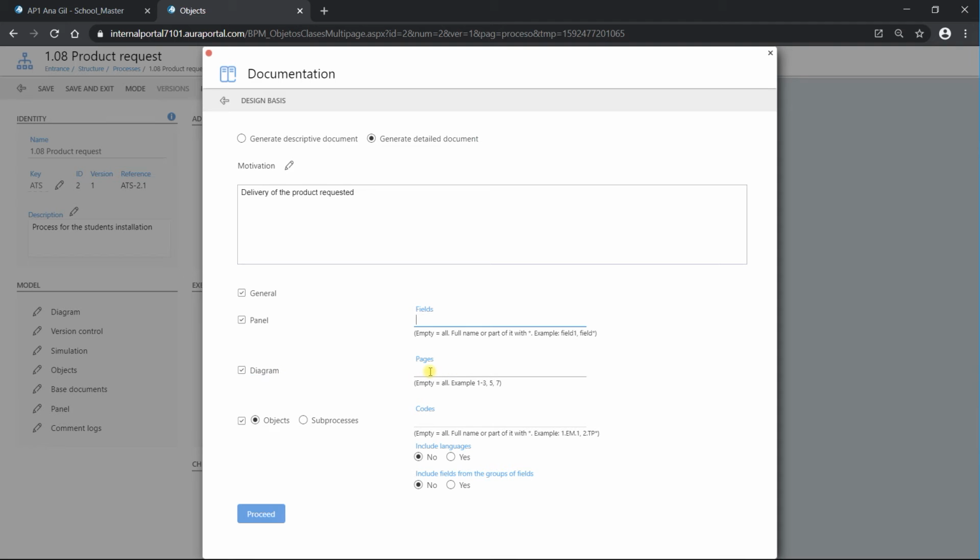Diagram: if we want the whole diagram to appear in the documentation or just a few specific pages. Then we have objects, if we want the objects to appear, or just the sub-processes. We can also add languages, all the different translations in different languages, and choose if we want the term in the forms. Once we have configured all these, we can see that a document is going to be automatically created. So if I click here,